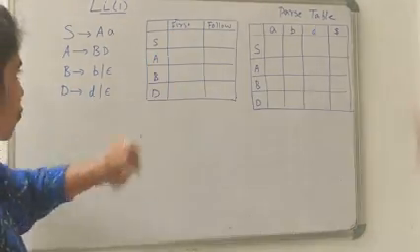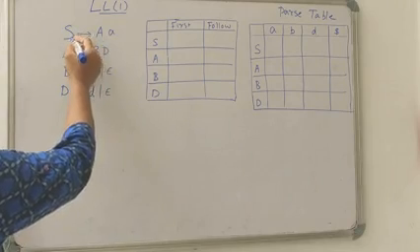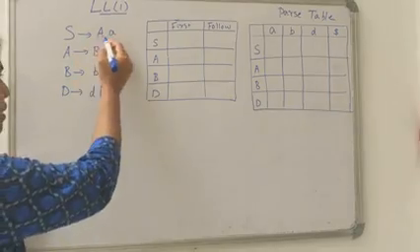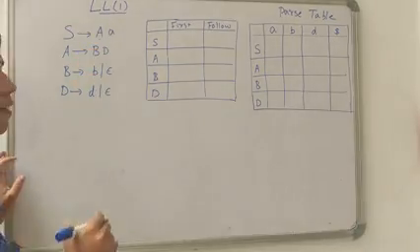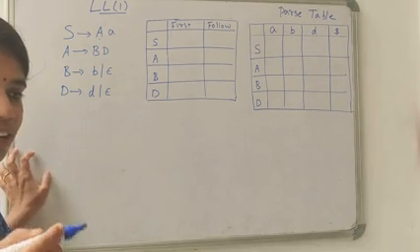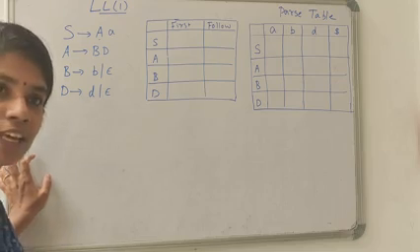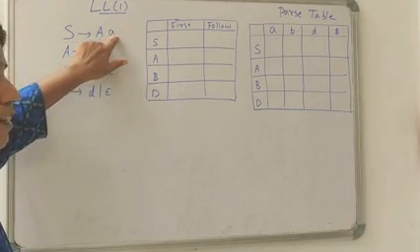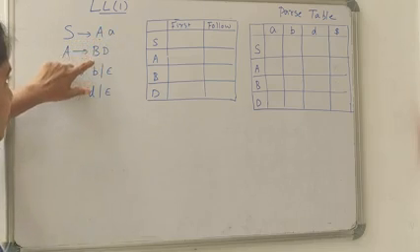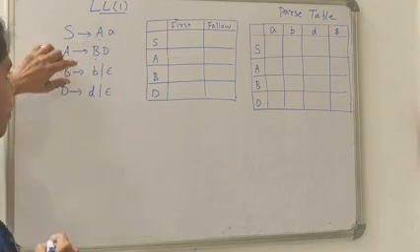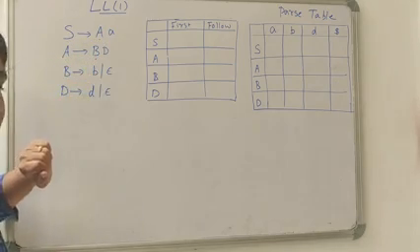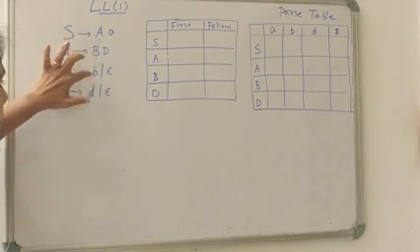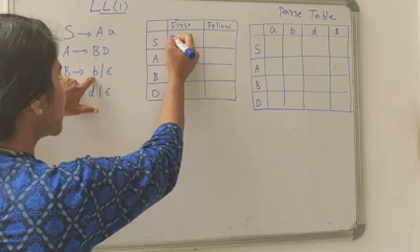So what is the first of S? First of S, look at the rule for S. S gives capital A, small a. So first of S is, here it is capital A. When the first of a non-terminal is another non-terminal, you need to take the first of that particular non-terminal. So first of A is B, and first of B is b or epsilon. You can replace this capital B with this small b. So first of S is actually b.